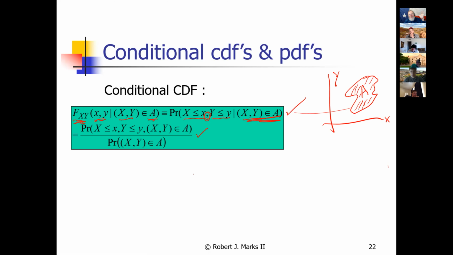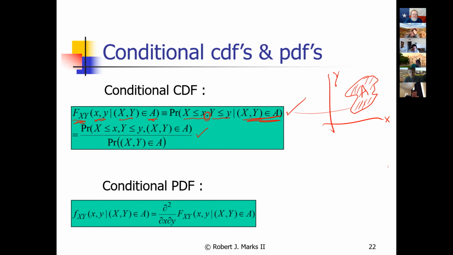So this is all well and good, and we can apply it, but I think what I'm going to show you is going to be more memorable than this. And that is the conditional PDF. The conditional PDF is equal to the derivative of the cumulative distribution, just like before. And I'm going to give you a nice geometric interpretation of this, which will make it, I think, a lot easier than just looking at the math.